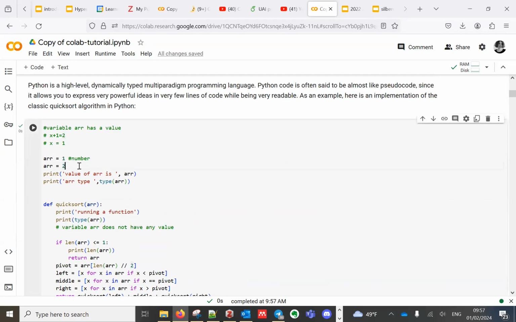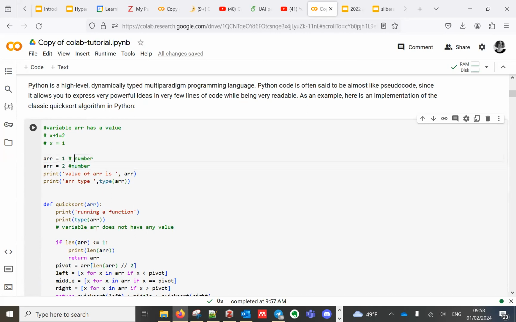So here we are experimenting. We are trying to see how the computer actually understands what we are writing. We are assigning different numbers to the same variable, and this is totally possible. You can always change the values that you put in a box.